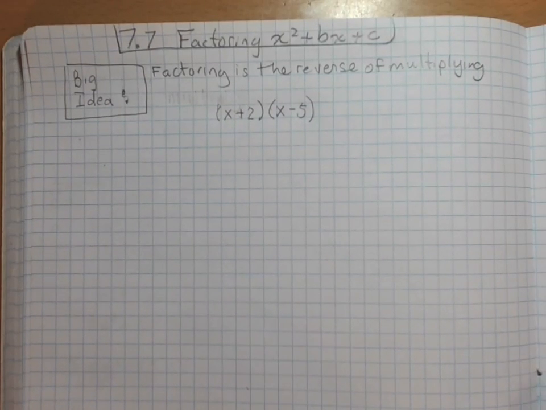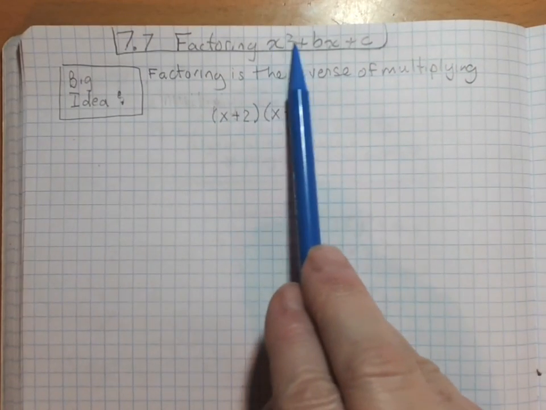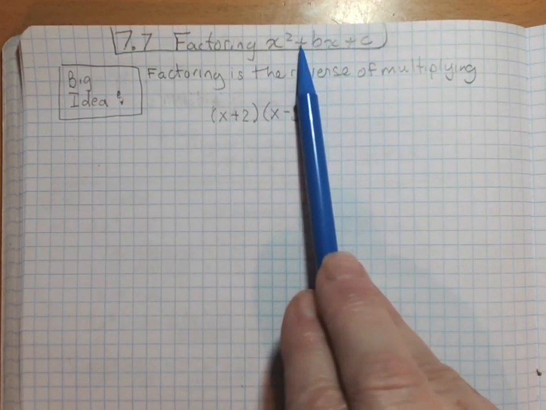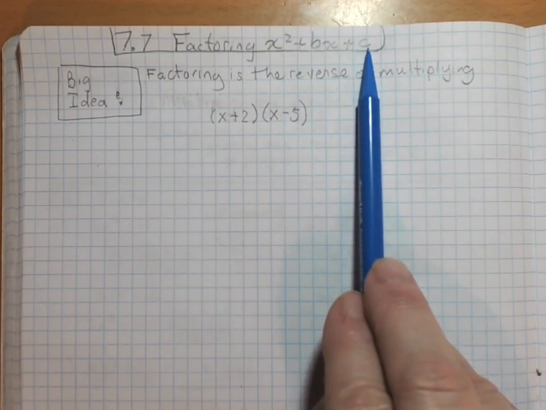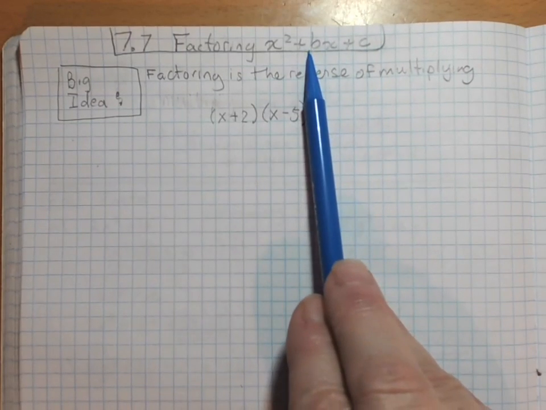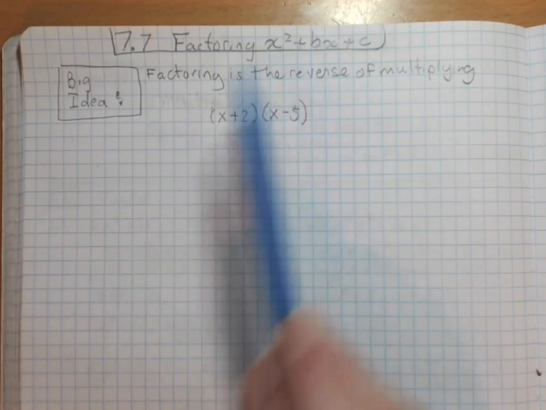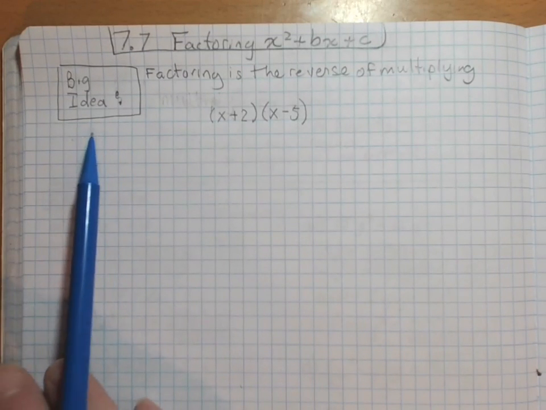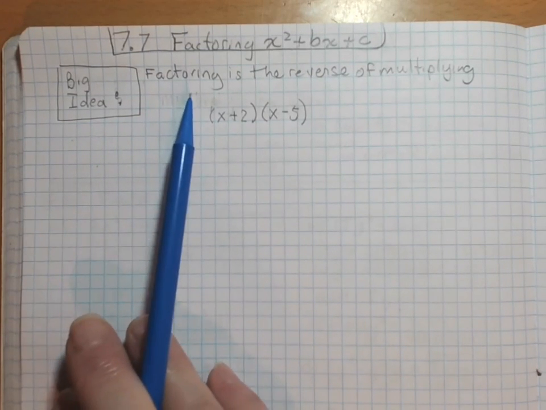5.7, and we're going to be learning to factor a trinomial that has this form. The B and the C are just placeholders for a number value, could be a positive or negative number. All right, just to get us started, want to think about what the big idea is, and the main idea